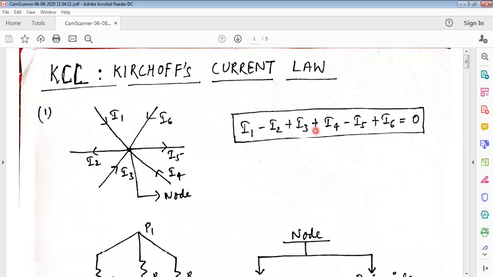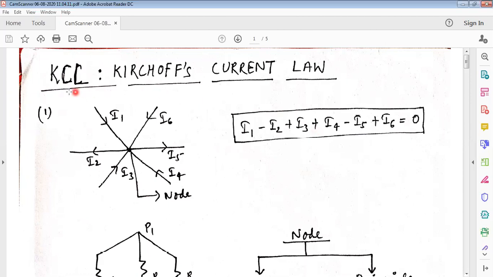So in 1845, a German physicist Kirchhoff developed a set of laws which deal with the conservation of current and energy within electrical circuits. These two rules are commonly known as Kirchhoff's circuit laws, with one law dealing with the current flowing around the closed loop, Kirchhoff's current law, KCL, while the other law deals with the voltage source present in a closed circuit, that is Kirchhoff's voltage law, KVL. So two laws are there, Kirchhoff's current law and Kirchhoff's voltage law.